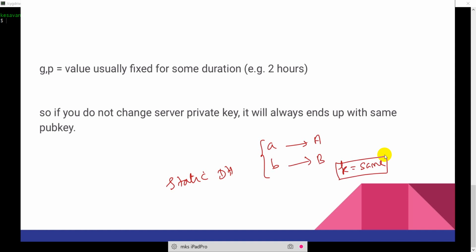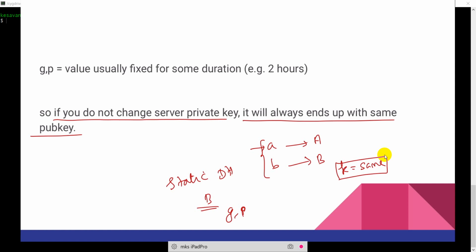The moral of the story here is, if you do not change the server private key, it will always end up with the same public key. In reality, even though we should use something unique, for example when Bob generates the generator G and the prime number P, typically you would have to generate a different one each time. But generating G and P is a very time consuming operation.